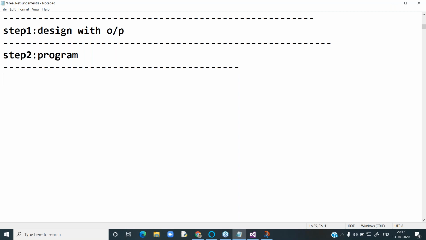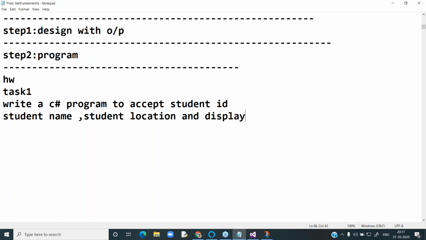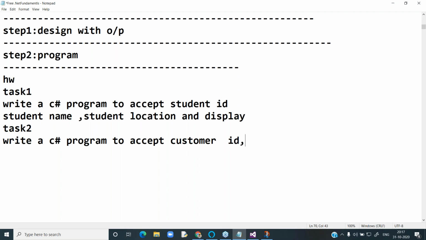So some homeworks I'm giving you. Task 1: write a C# program to accept student ID, student name, student location, and display. Task 2: write a C# program to accept customer ID, customer name, customer phone number, and display.